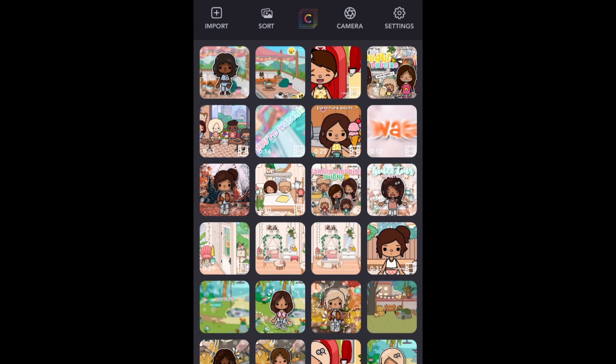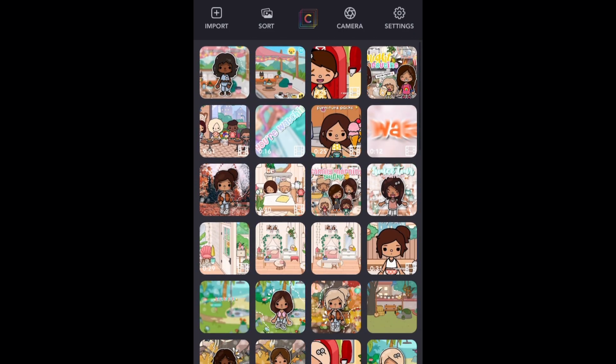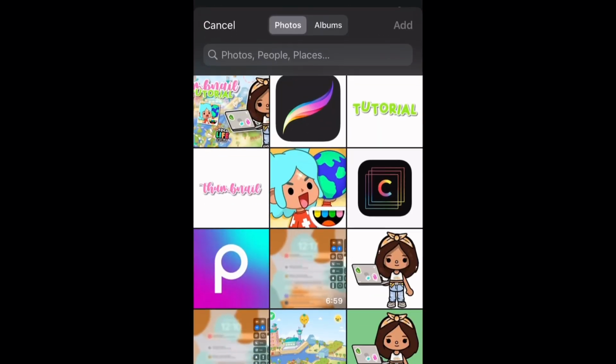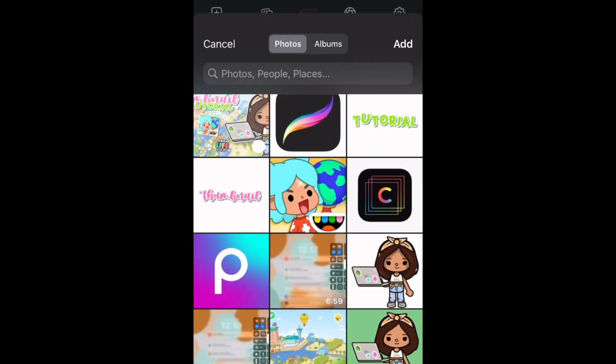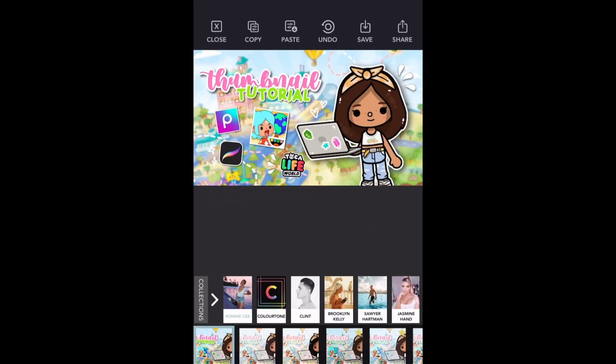And lastly, we're going to go into Color Tone. Don't mind all of my projects. There's just a lot I've been working on. But anyways, you're just going to click import. And then you're going to click your thumbnail you edited on PicsArt. You're going to click add, and then you're going to click it again, click edit, and then you're just going